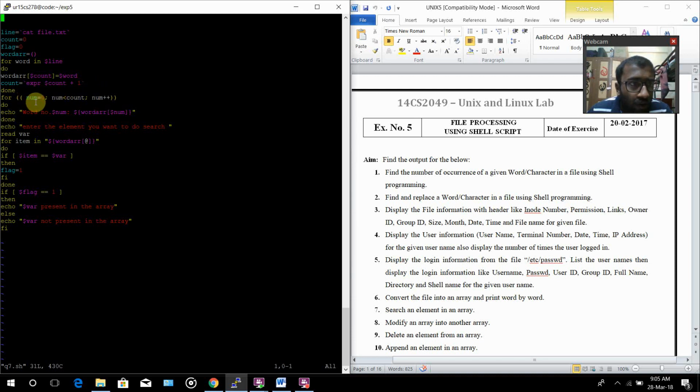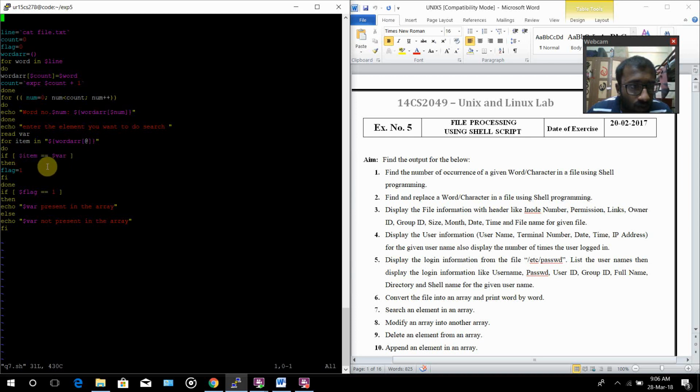And I have used a for loop: if the number is less than count, it will copy the word array into another variable called num, and it will ask me to enter the element you want to search. From that word array, it will copy it into the item,